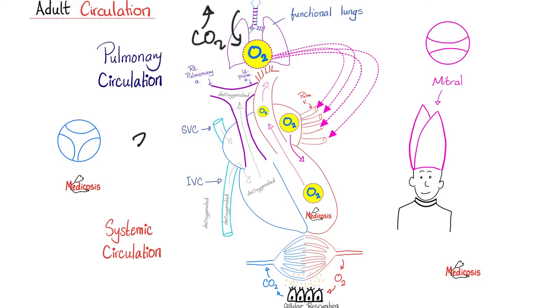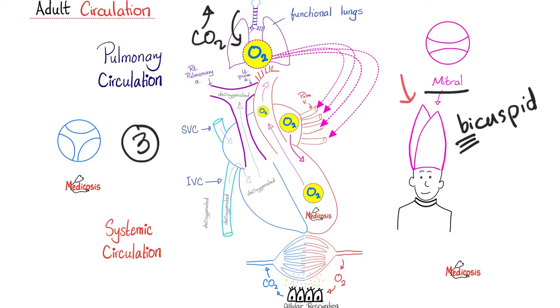All of these valves have 3 cusps, except for the mitral valve. This mitral valve looks like la mitre, which is a religious hat worn by some Catholic clergymen. And as you see, this hat has 2 cusps, just like the mitral valve. That's why we call the mitral valve mitral. The mitral valve has another name, you guessed it, bicuspid valve, because it's the only heart valve with 2 cusps